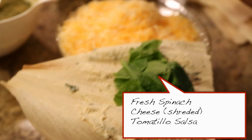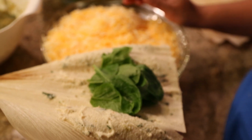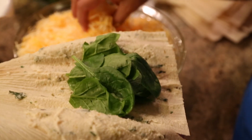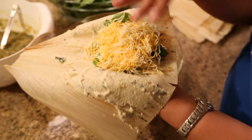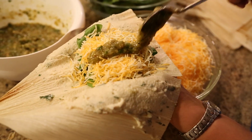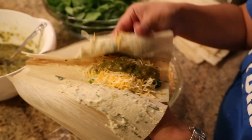Then this particular cheese is cheddar and Monterey Jack. You can use any kind of cheese like pepper jack, and if you're going to buy it shredded, I prefer finely shredded. It seems to melt better. And just about a handful on there. Then you take your tomatillo salsa that you made earlier and just put that on there. And then we're just going to wrap it